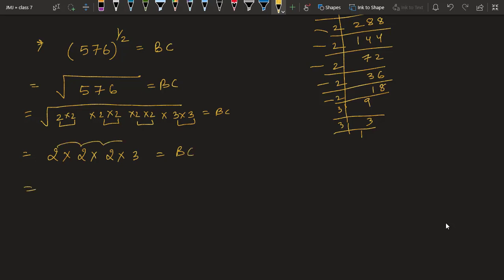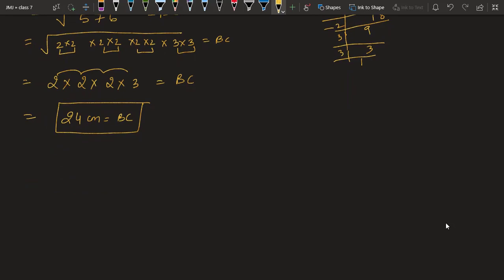And if you check, 8 3's are 24 centimeter. So we have got the base as 24 centimeter. Now question number 3. A 15 meter long ladder reached a window 12 meter high from the ground on placing it against a wall. We all know that the wall of a house stands at an angle of 90 degree. So let me take AB as the wall and BC as the base. So that means AC is the ladder.